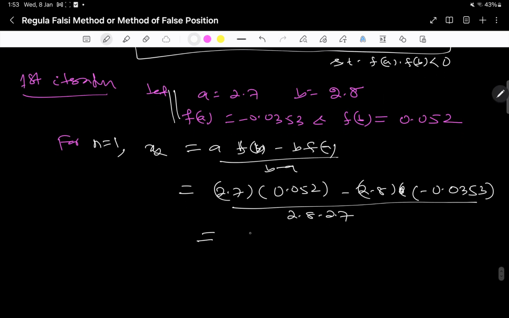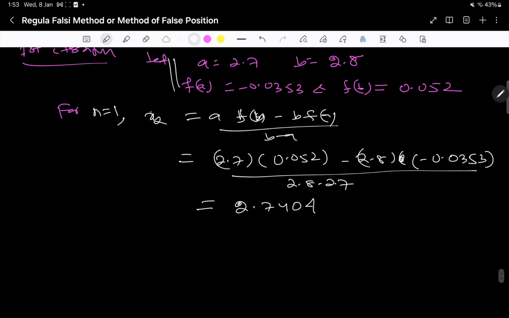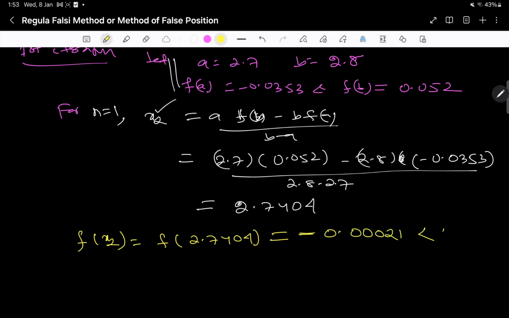If you simplify using your calculator, you will get 2.7404. Now what will happen at x2? What is f of x2 here? So f of x2 is f of 2.7404, and if you simplify it, you will get minus 0.00021. It is negative here. Since this is negative,